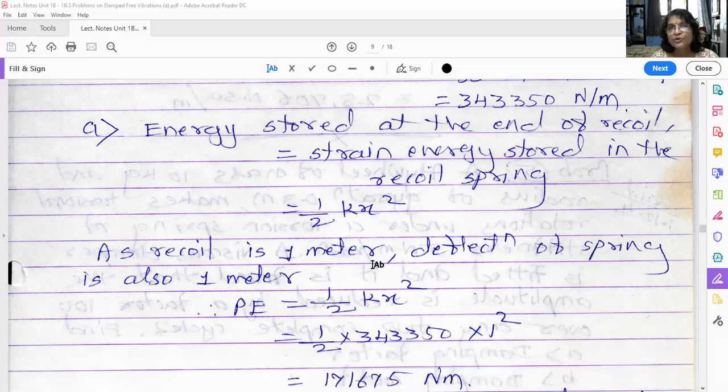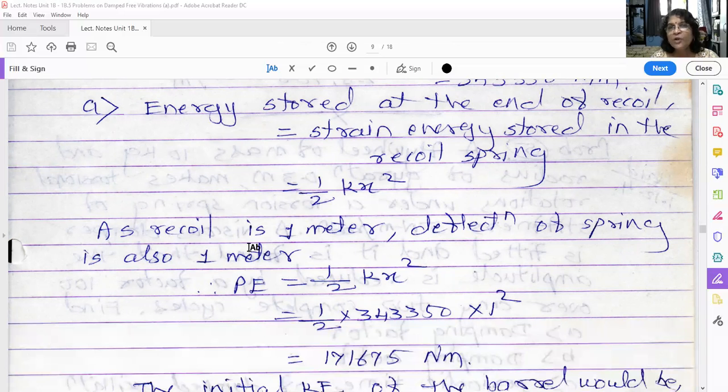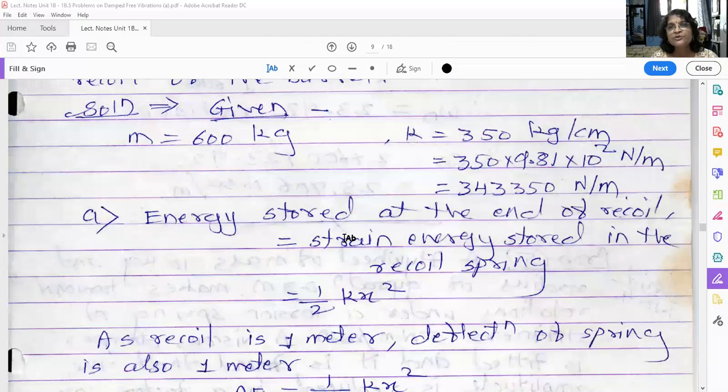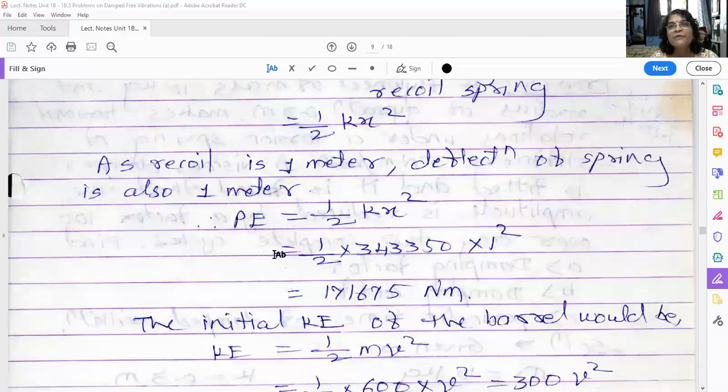As the recoil is 1 meter, so potential energy is equal to 1/2 k x square. k is already given, x is 1 meter. So this is your potential energy,